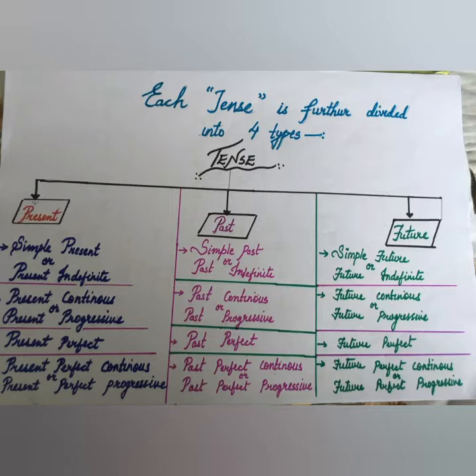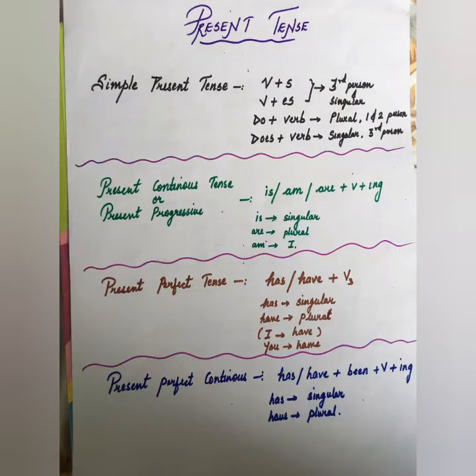Okay, students? Now, students, we will move ahead with each and every formula. Today I will be explaining you with examples so you can have a better understanding and you are supposed to learn them all. Now you can see in the image it is about present tense. Simple present tense, we have verb plus s and verb plus es for third person and singular person, right?